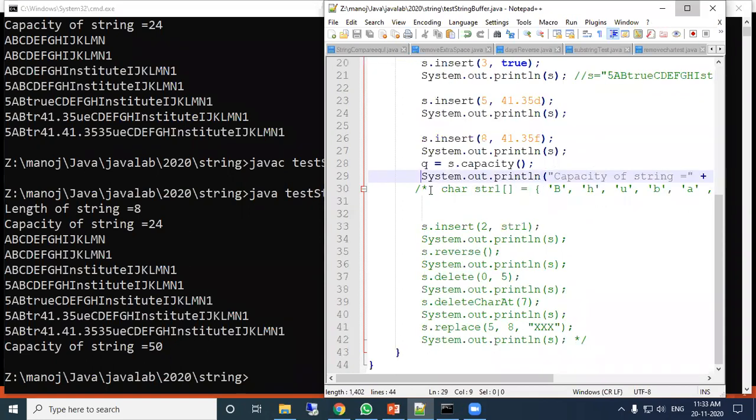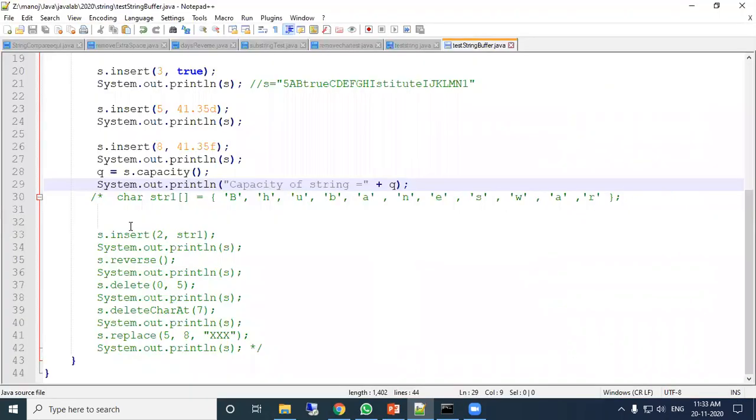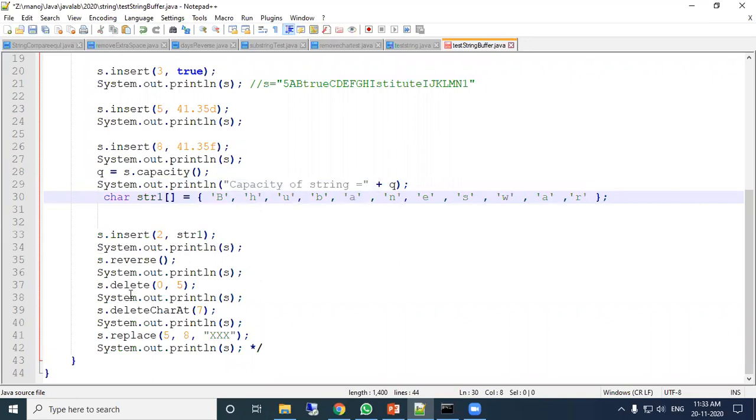Next, some other functions. Here we are going to insert into the string array, then print the data. Reverse method, insert method, all of you understood? Reverse method means the string will be reversed character by character, not by word, remember. Delete method will delete characters from the current index position, 0 to 5.